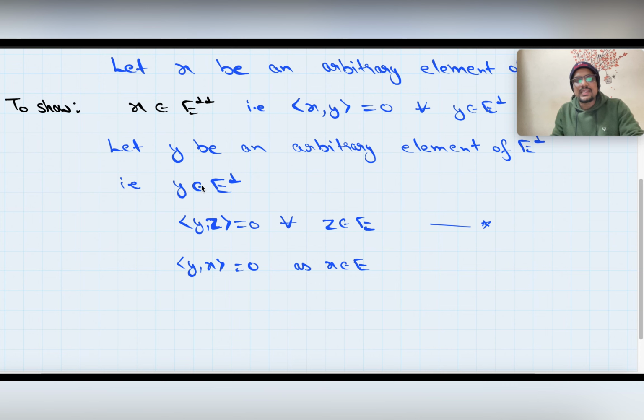So we take an arbitrary element Y of E⊥, and what we find is that the inner product of this Y with X is 0, and that is what we wanted to show.